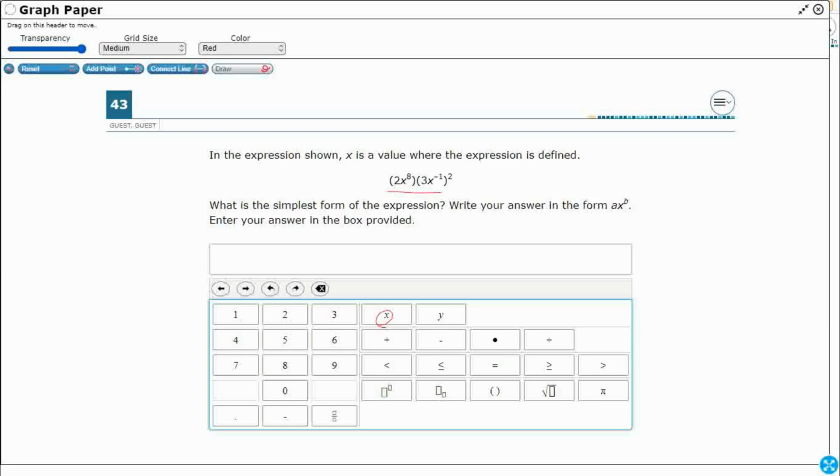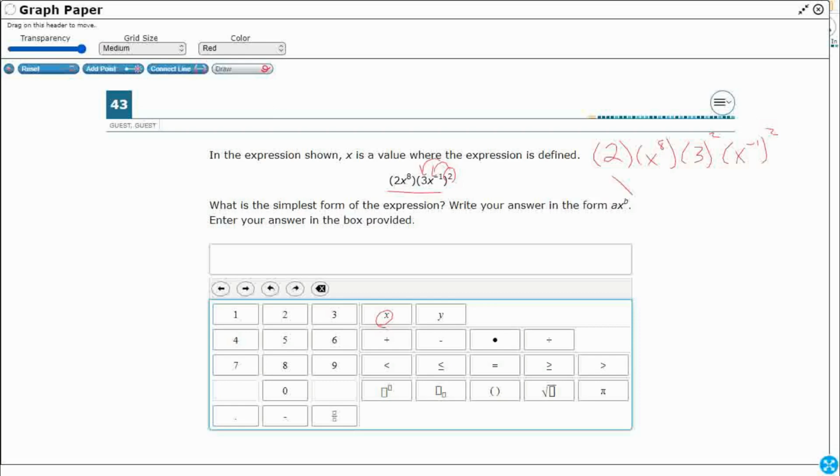So what do we have? Let's take our terms here, and I'm going to separate everything, okay? So I've got 2, and then I've got x to the 8th. Now, I want to separate out the 3 and the x to the negative 1 and the squared, but I need to distribute out that squared, right? So it's going to end up being 3 squared, and then x to the negative 1 squared. So I distributed out this squared to both of those terms there,